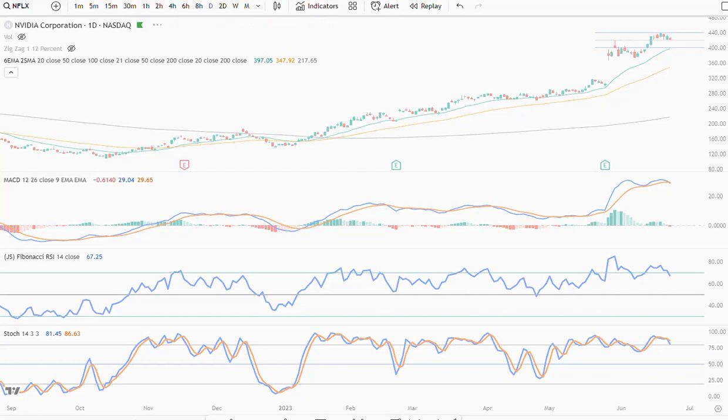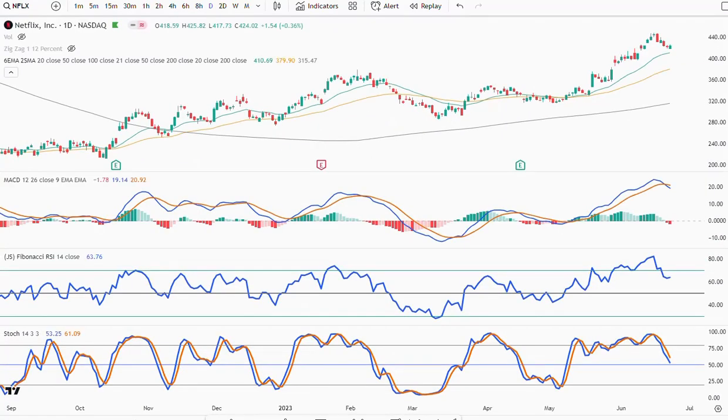So let's look at Netflix. Netflix has been pulling back since reaching a high of around 450. It's been coming towards this 20 EMA. The 20 EMA currently is around 410. You can see that since this rally started, it's been making a series of